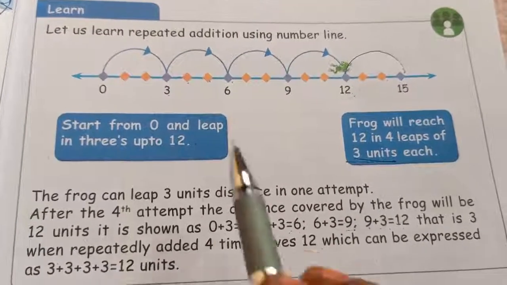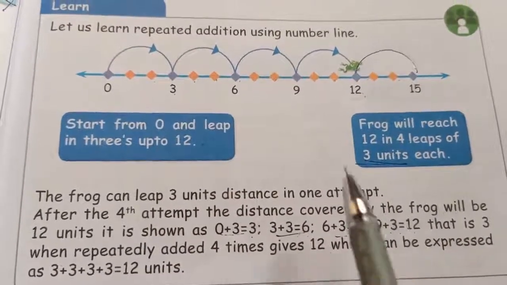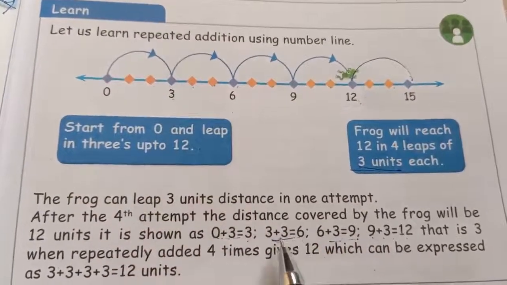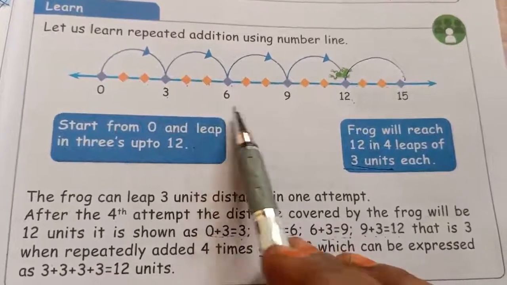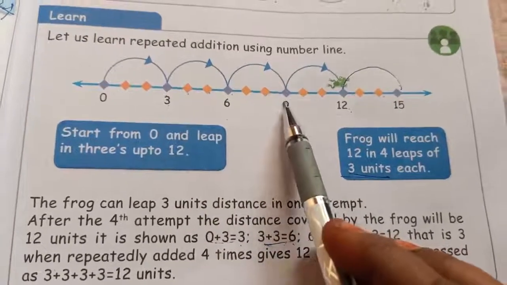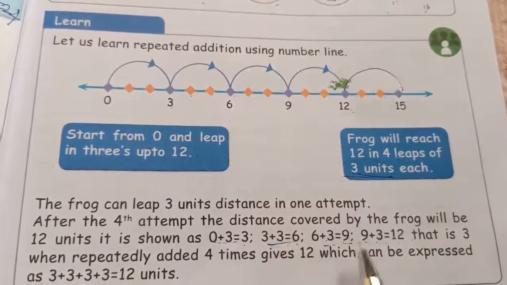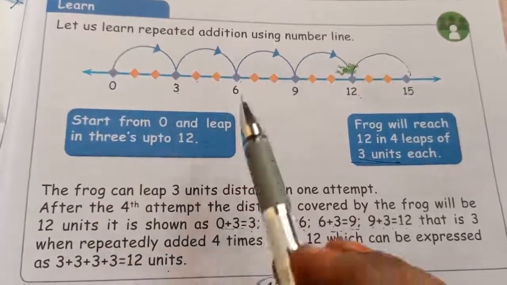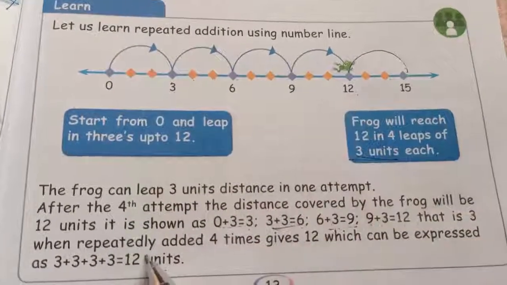is equal to 12 units. Here what number are we repeatedly adding? See ma, here we are adding the same number. Okay. See this 3. 0 plus 3 is 3. Next 3 plus 3 is equal to 6. Next, this 6 plus how many units can we add? 3 units. So 6 plus 3 is equal to 9. Next, this 9 plus 3 units added. So 9 plus 3 is equal to 12. Okay, see here we are adding separately. Here we can add fully. See ma, 3 plus 3 plus 3 plus 3 is equal to 12 units.